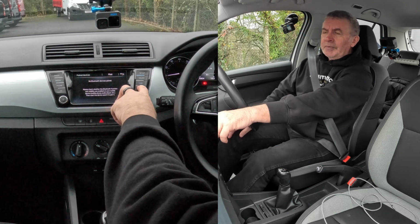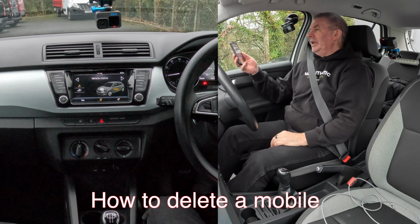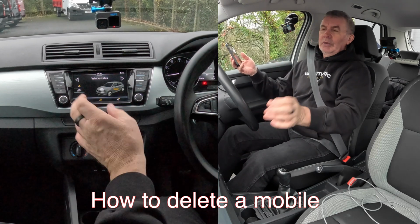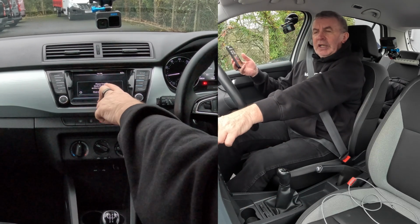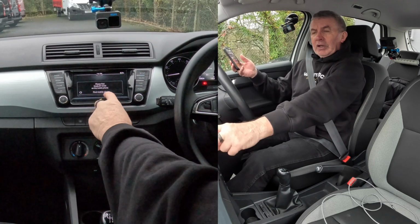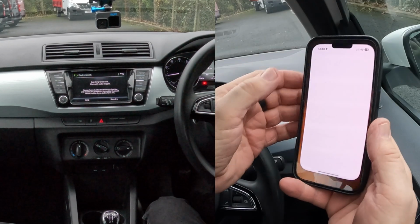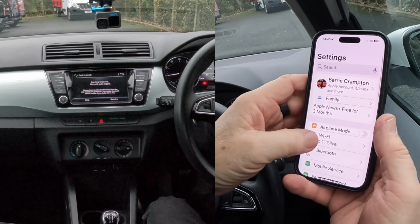That's it gone. Okay, I'll just show you how to pair a mobile to the Bluetooth audio system in this 2017 Skoda Fabia. From any screen, if we go to phone, click phone, please find Skoda BT0430 on the mobile phone. Find mobile phone. So we click find mobile phone, we go over to settings, we go over to, where's it gone? Bluetooth,